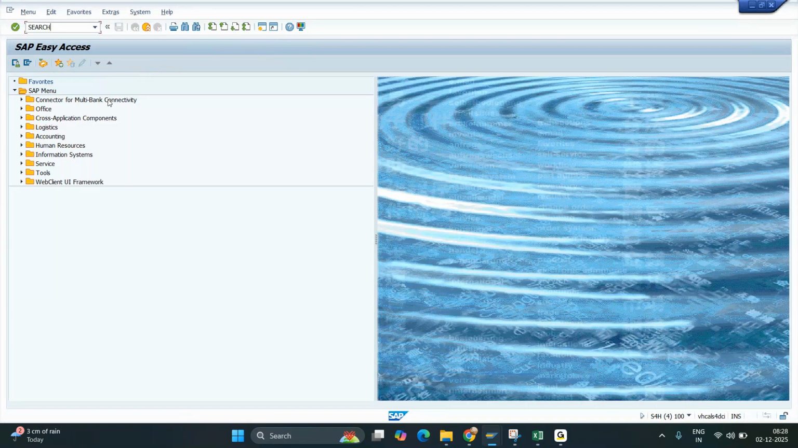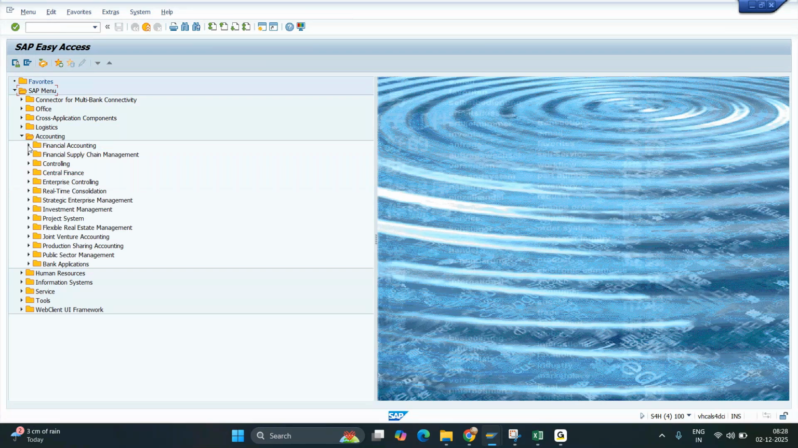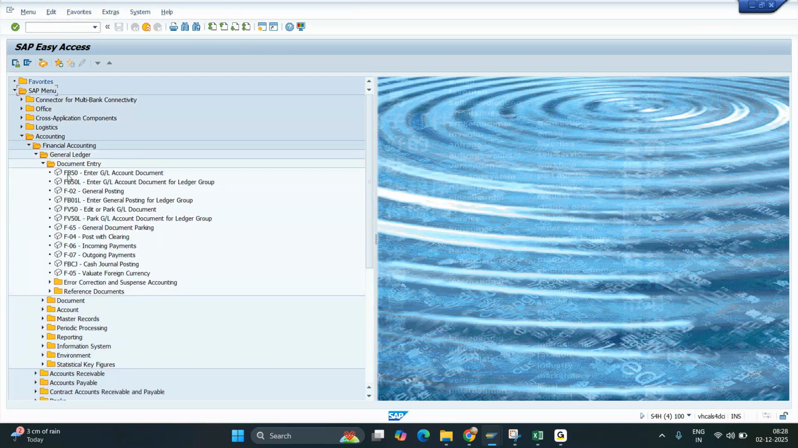So what I'm telling is, if you know the T code, for example, I know this particular T code FB50, but I don't know how to navigate to it. So FB50 is present in the document entry, and this document entry is present in the general ledger, and this general ledger is present in the financial accounting, and financial accounting is present in the accounting. So this hierarchy I don't know, right? I only know the transaction code. Now in the easy access screen, to navigate to this transaction code, what I can do is I can use the transaction code search